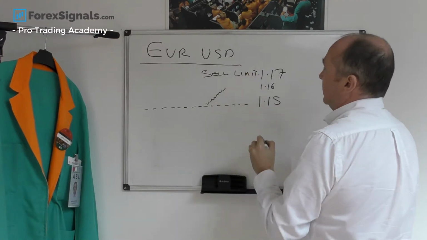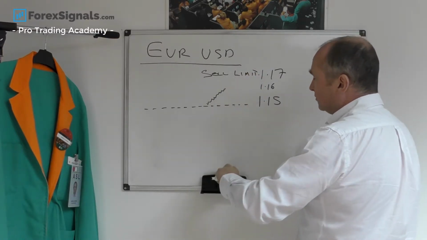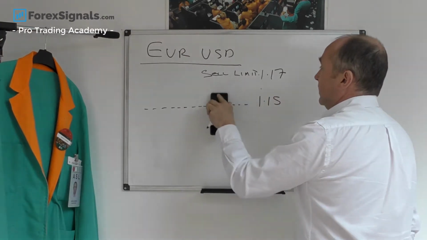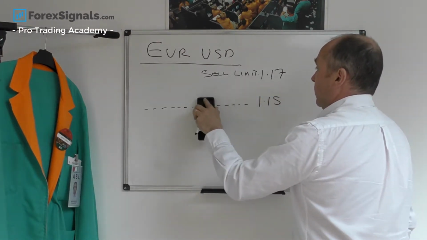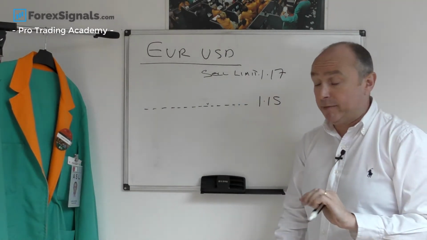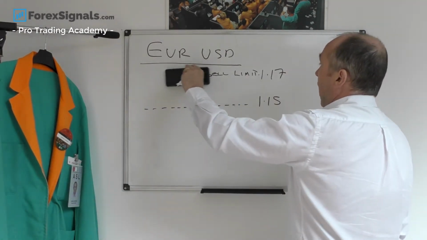That's the price you're prepared to sell at, 1.17. So at 1.16, you're not going to get a trade done. You're waiting to reach your specified limit. This is basically a sell limit order. Now, another way